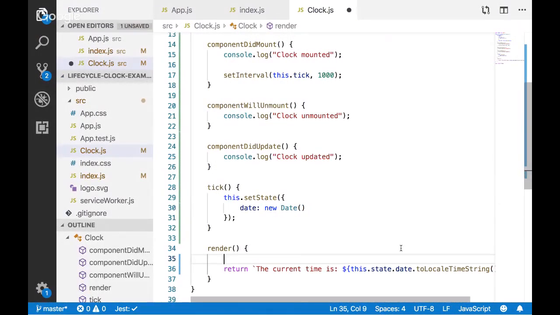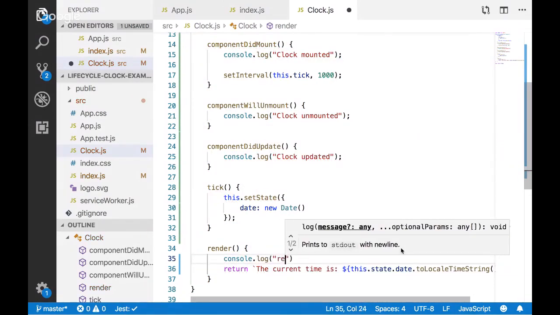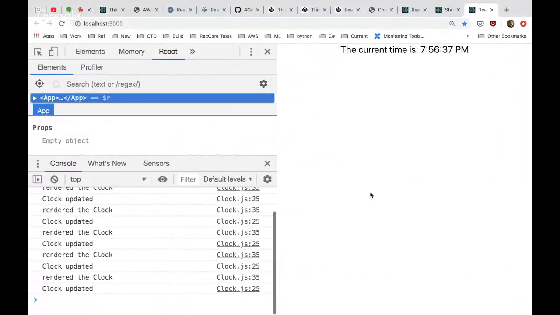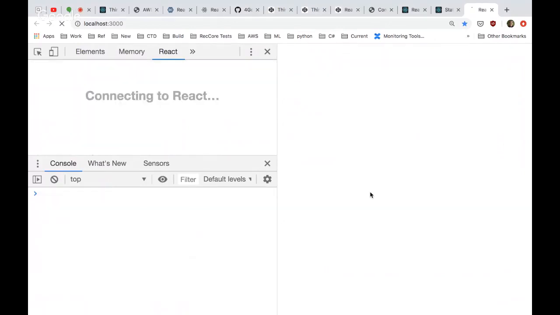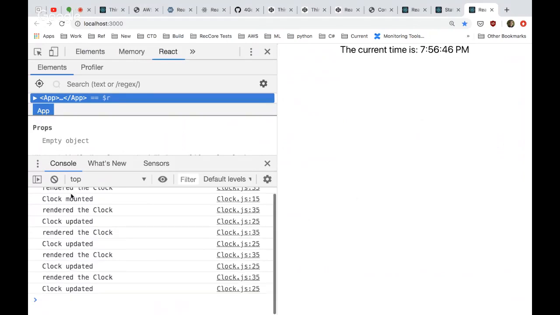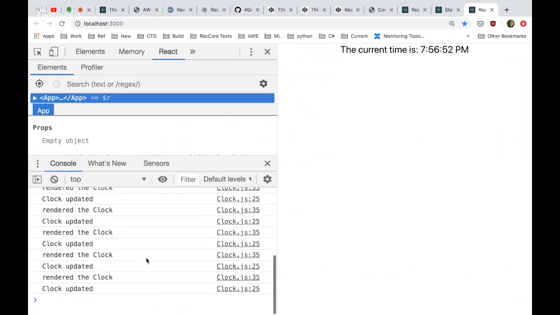So now we've got something that's updating like this. Let's just show you that it's also calling render every time. Now, this is one of those things I'm doing just for class, you should not have console.logs in your render. But I'm doing that just to show you that every time it updates, it's re-rendering. And you can even see it rendered before the first mount, rendered, the clock mounted.